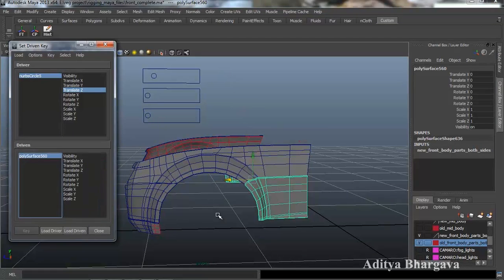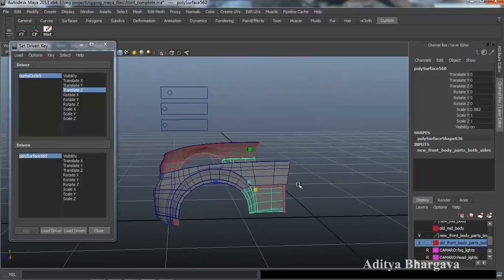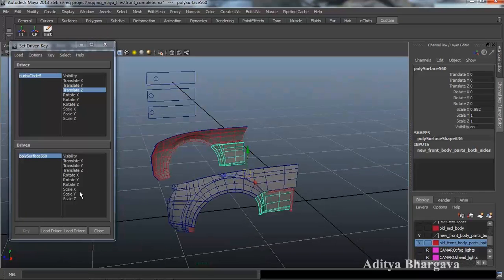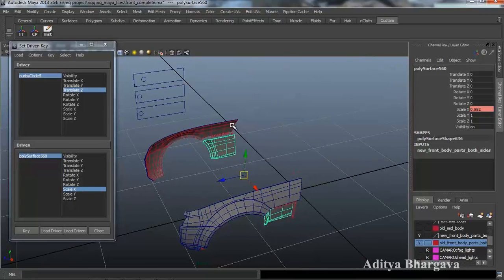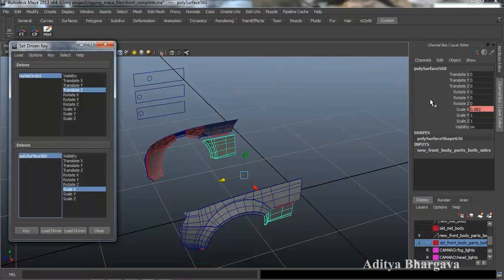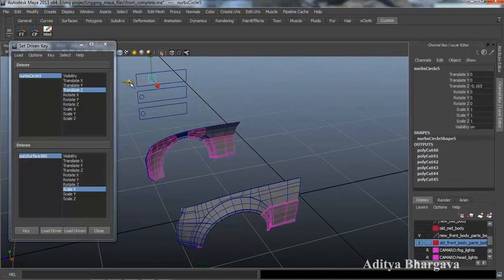We'll select this part, we'll first of all make it as a driven object. We'll press R, we'll take it inwards, so then we'll make a key over here in the scaling of the x-axis. And we'll press key and move the controller a bit forwards till this much and put the scaling back to 1 and press key, and along with that